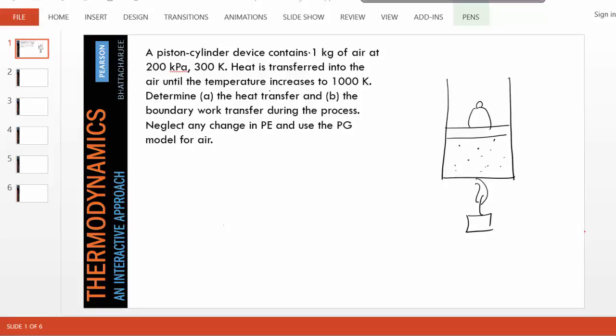This is another closed process. In this process, air is being heated from a given temperature of 300 Kelvin to a high temperature of 1000 Kelvin, and we are asked to find the heat transfer and the boundary work involved. Now, the initial pressure is 200 kPa, but you can very well understand the pressure doesn't change, because if you draw